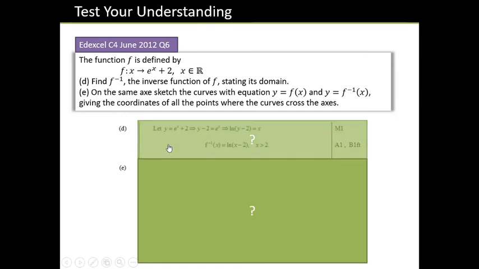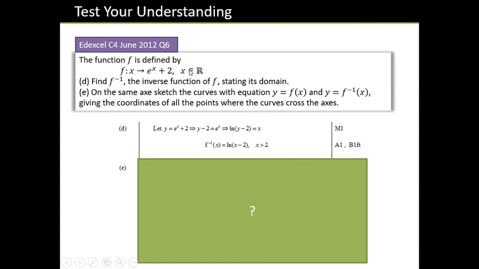Well, for the first part of this, we're going to let y equal e to the x plus 2 and rearrange to make x our subject, and then remember to swap out x for f minus 1 of x, and that's going to be equal to log natural x minus 2. Stating its domain would mean we have to consider what the range is going to be